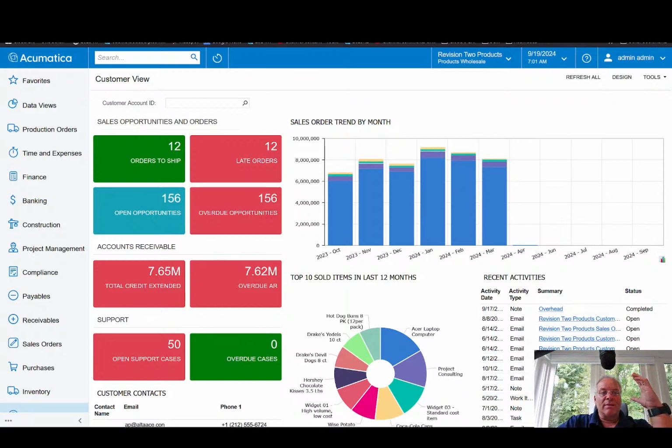Just to get back down to basics, this is Acumatica 2024 R2. It's a beta. The Acumatica 2024 R2 is to be released, I think, in a few weeks or so, generally early October. The new modern interface will not be available for production. You're going to see a message come up here at the top of the screen that essentially shows that